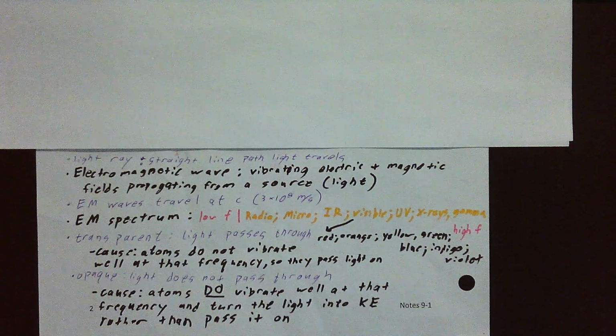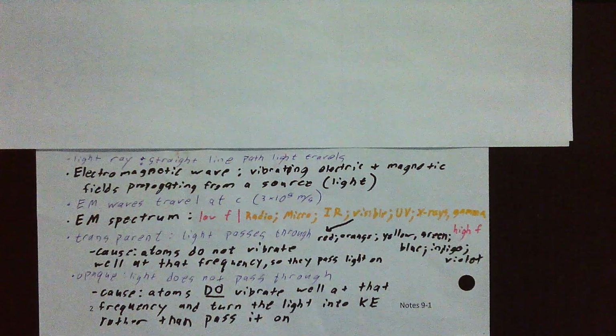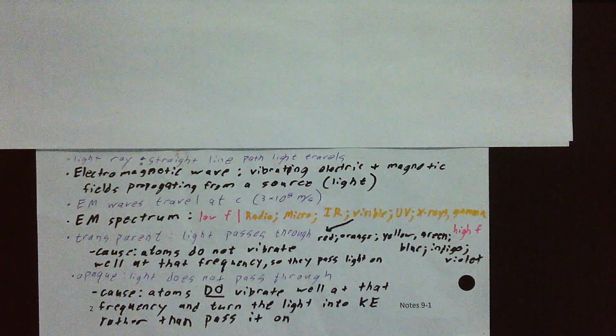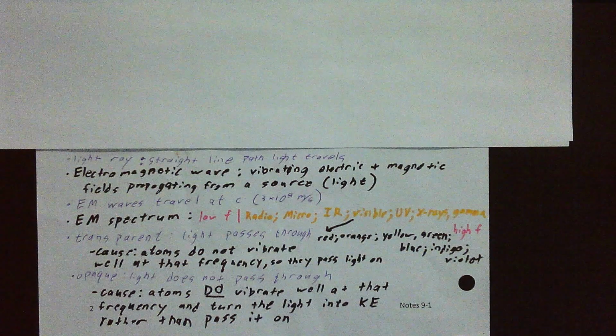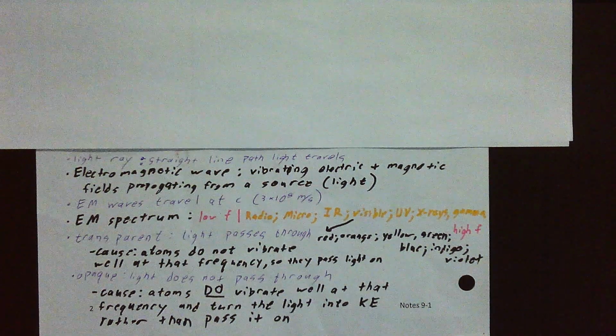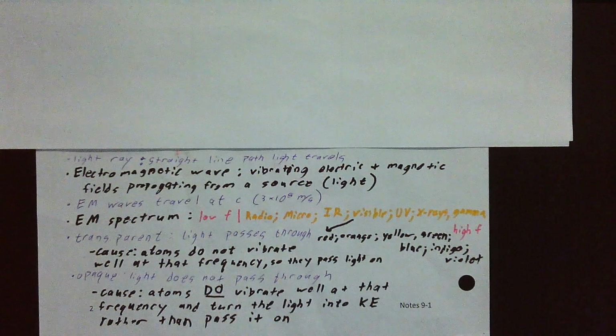All right, third thing, electromagnetic waves travel at the speed of light. Remember, c is the speed of light, 3 times 10 to the 8th. And then we get to the electromagnetic spectrum. So the electromagnetic spectrum is the range of light waves. They go from low frequency to high frequency, and